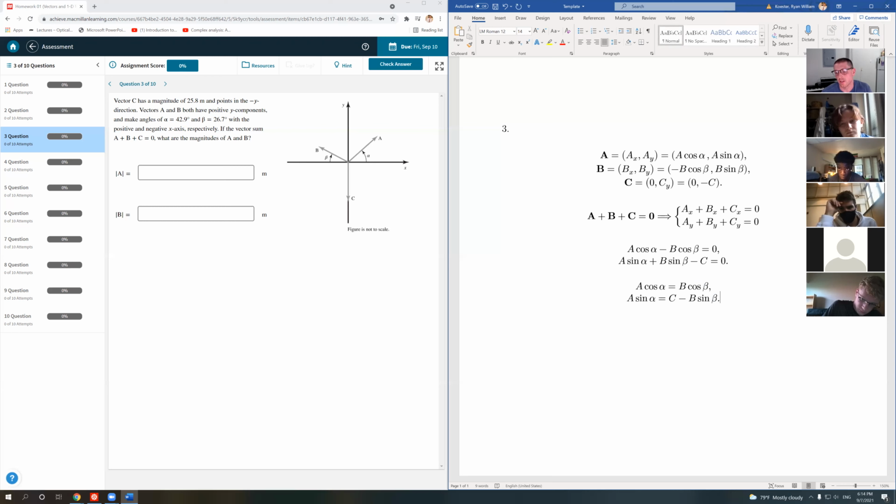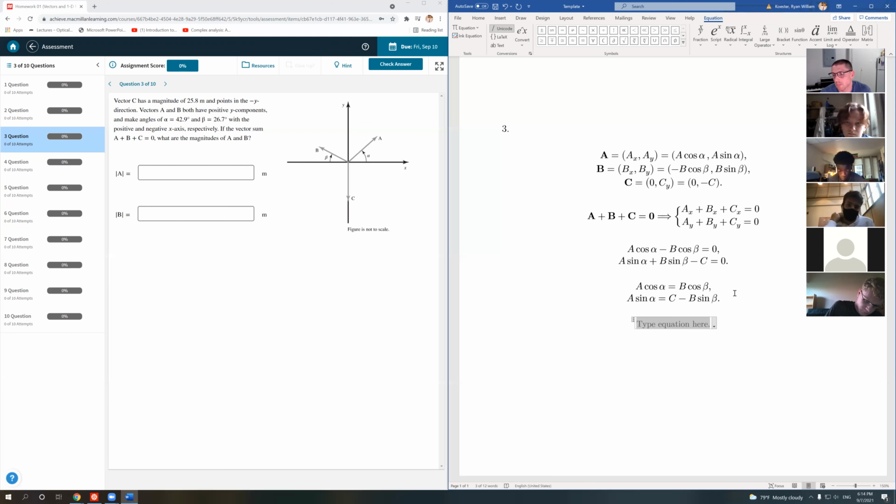So then this is what probably wouldn't occur to a lot of people, because I know that the first time I saw somebody do this, it really blew my mind. But what we want to do is divide one of these equations by the other. We want to divide the second equation by the first. So what I could do is write A sine alpha over A cosine alpha